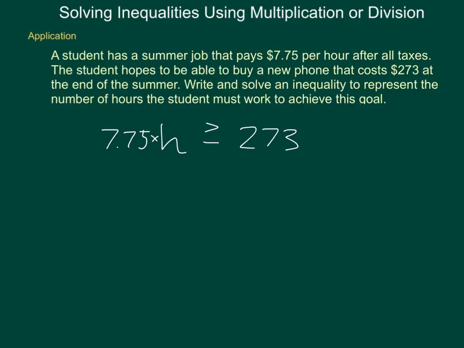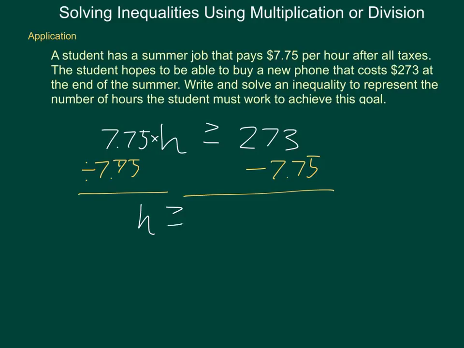But what we see here in solving this inequality is multiplication. So in order to solve, what I'm going to do is divide both sides of the inequality by $7.75, leaving me with h needing to be greater than or equal to approximately 35